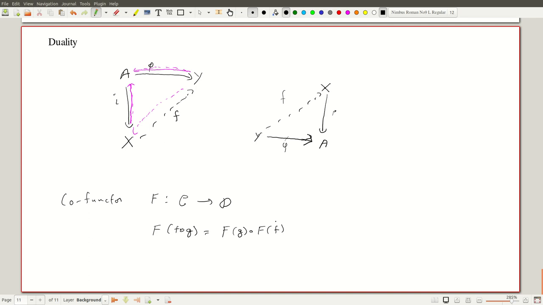So the morphisms actually switch directions, and before that I should say that if f maps x to y, that is f is a morphism from x to y, then capital F of f maps F of y to F of x. So this is like the adjoint of a linear transformation, and indeed a cofunctor you get is the dual functor from a vector space to its adjoint.